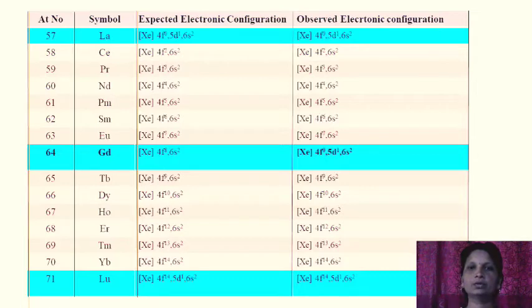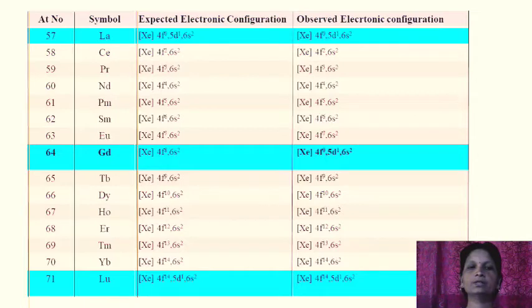The same is the observed electronic configuration. Here the expected and observed electronic configurations are the same for lanthanum, cerium, praseodymium, neodymium, promethium, samarium, and europium. And it is as follows: cerium 4f2 6s2, 4f3 6s2 for praseodymium. For neodymium it is 4f4 6s2, for promethium 4f5 6s2, for samarium 4f6 6s2, for europium